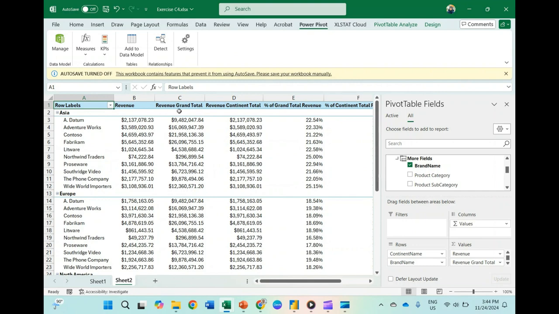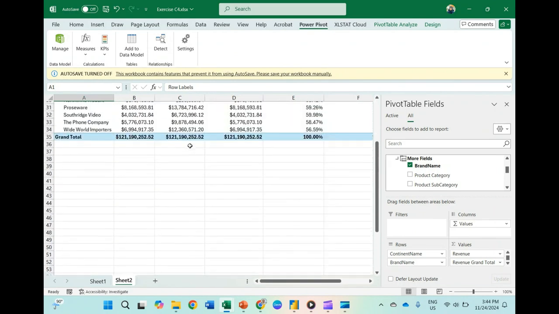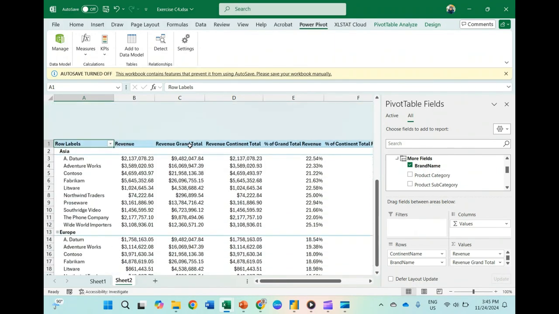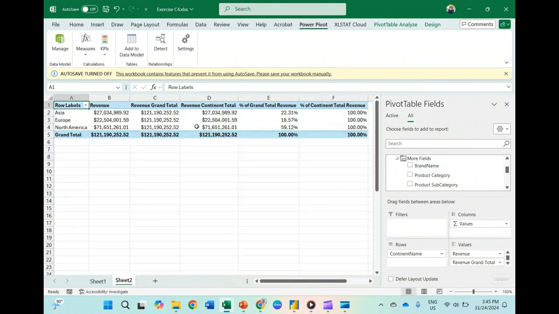Because it is based on the revenue, it is still calculated based on the certain number. The measure is based on whatever you choose. That's how you can do filtering using CALCULATE.